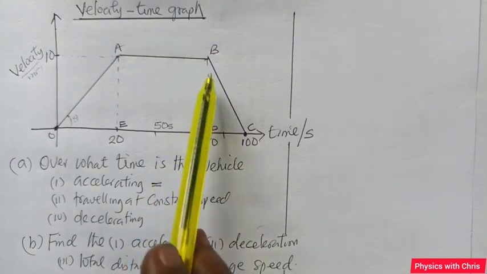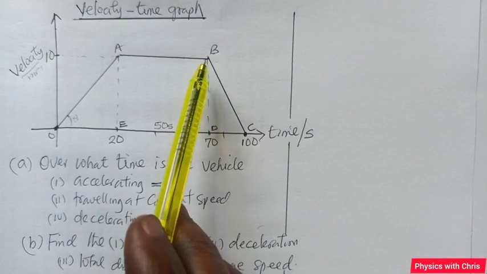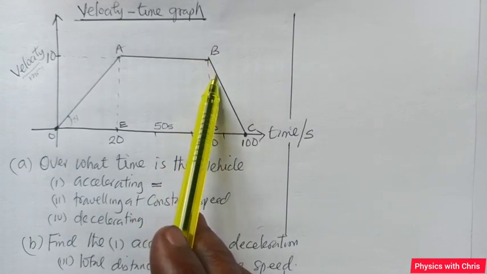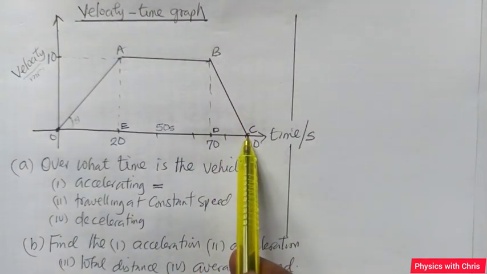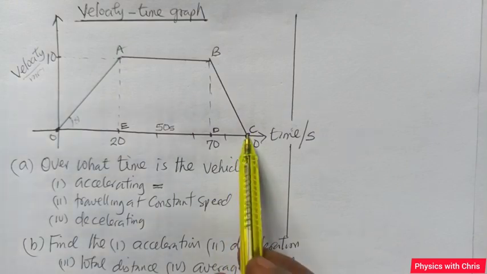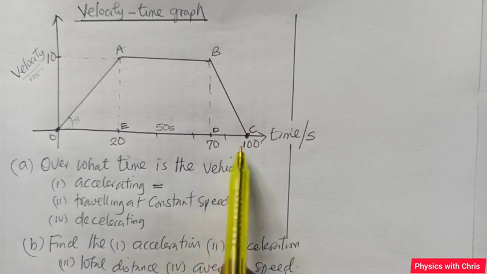Then from B to C, this is a case where the speed of the body reduces steadily, slowly. You can see the downward slope until after 100 seconds here, the body is at rest. That is because the speed here is 0. It's now at rest at point C. So from B to C, the speed of the body reduces gradually, steadily, slowly until the body comes to rest